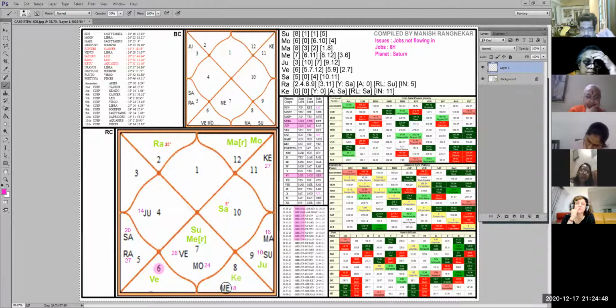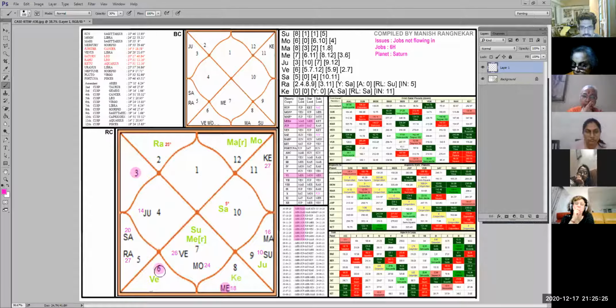Where has the sixth lord gone and sat? In the eighth house of obstacles. The sixth house is the house of jobs and recovery of money, and its boss has gone and sat in a pit, and he is switched on, beeping. If he was not on, sitting in the pit would not have made any difference, but now he is on, plus he is sitting in the pit, so it happens here. At the same time Mercury rules this house and this house. Forget it, that doesn't make any difference.